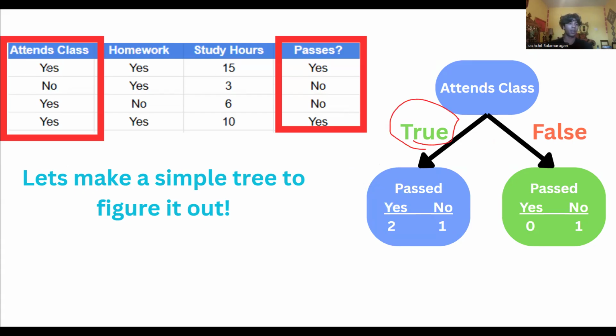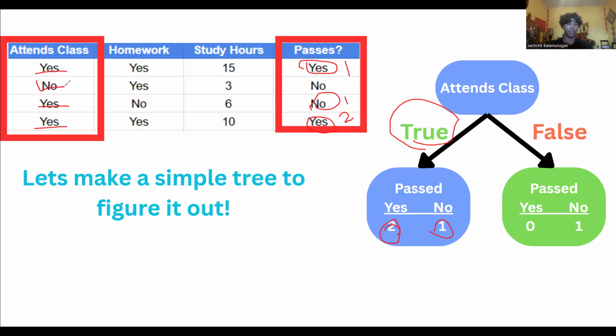So I'm going to underline all of the yeses. So a tens class is yes here, right? So let's look at them. Passes, yes. So we have one pass so far and another pass. So there's 2, and there is 1 no. So now we put this down: 2 passes, 1 no, when this is true.